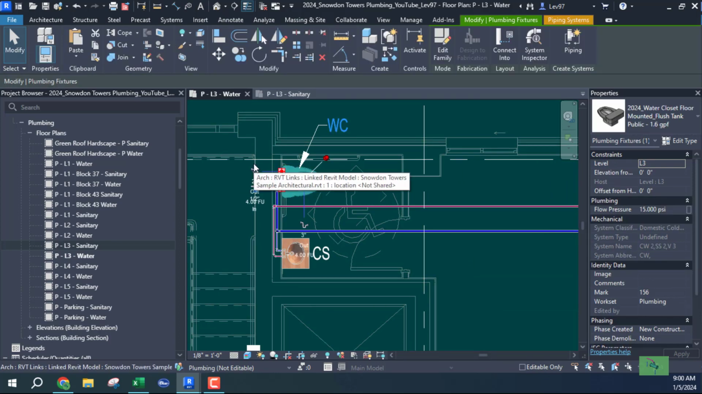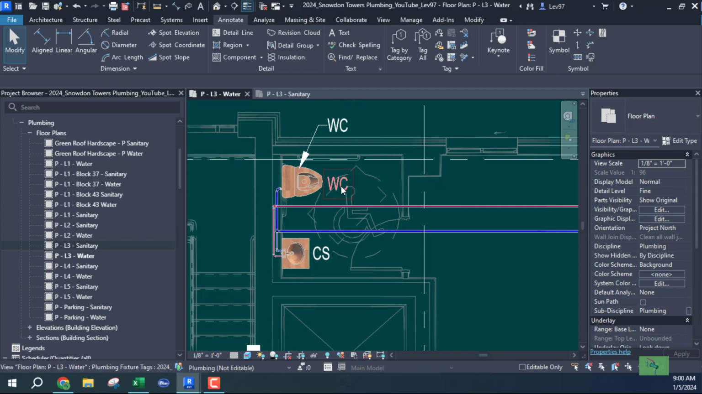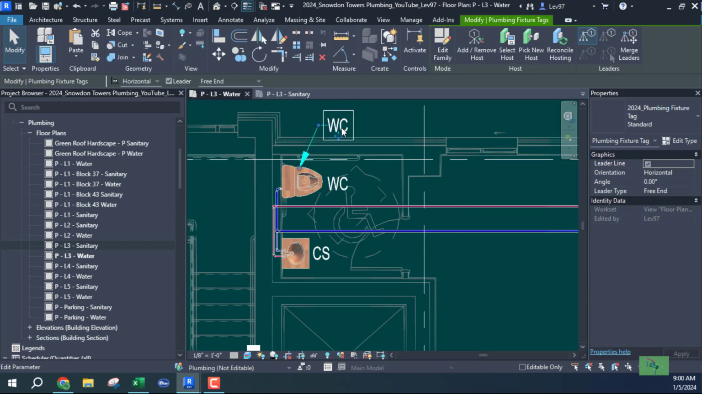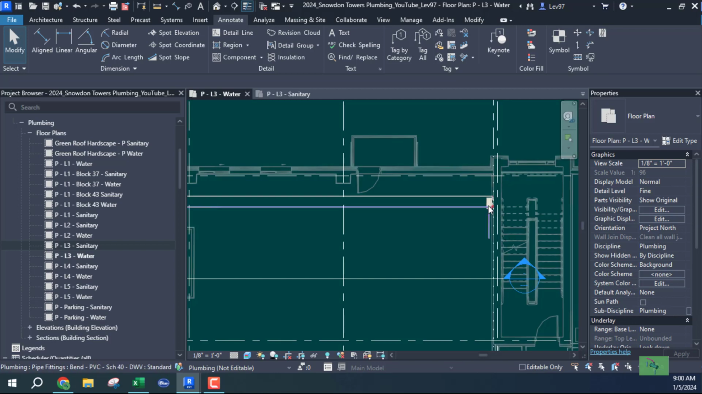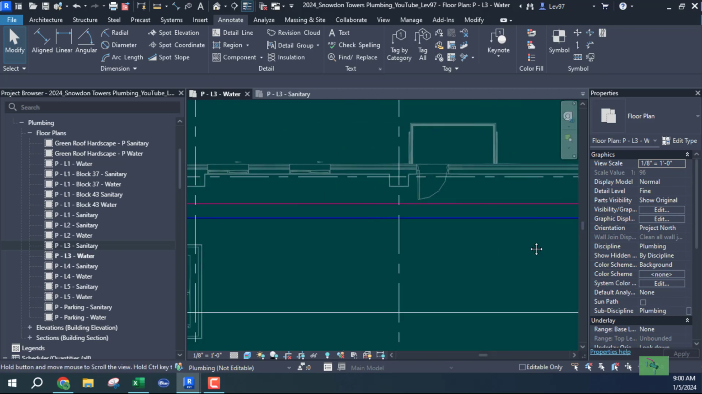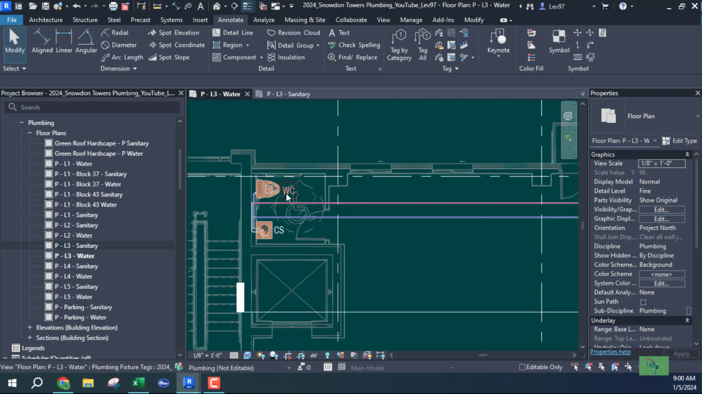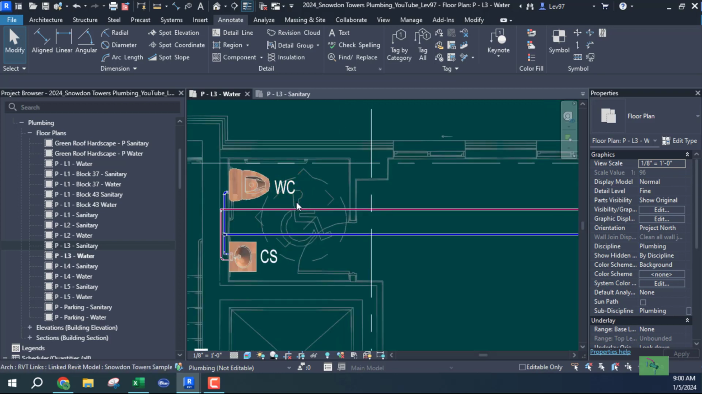So I have my plumbing fixtures, which is over here on the properties. This is a plumbing fixture. And what I want to do also, well, let's erase this one. What I want to do also is call out my water heater, which is over here. And what normally happens is